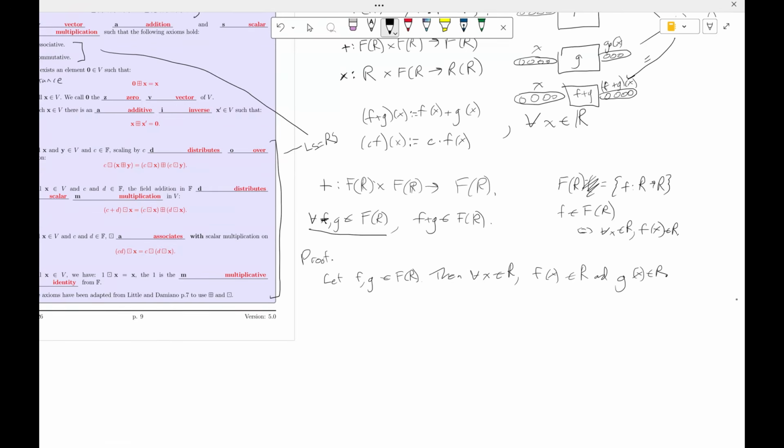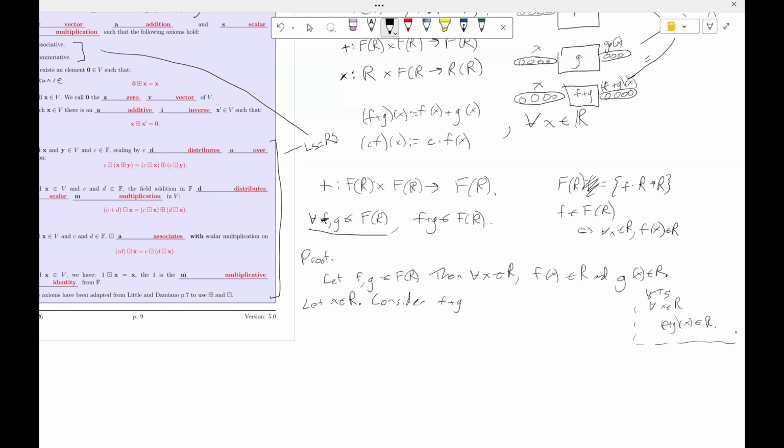And what do I want to show? I want to show that for all x in R, (f plus g) of x is in R. Okay. So to show that, I'm going to let x be in R. I'm going to consider a generic element x, and now I'm going to consider